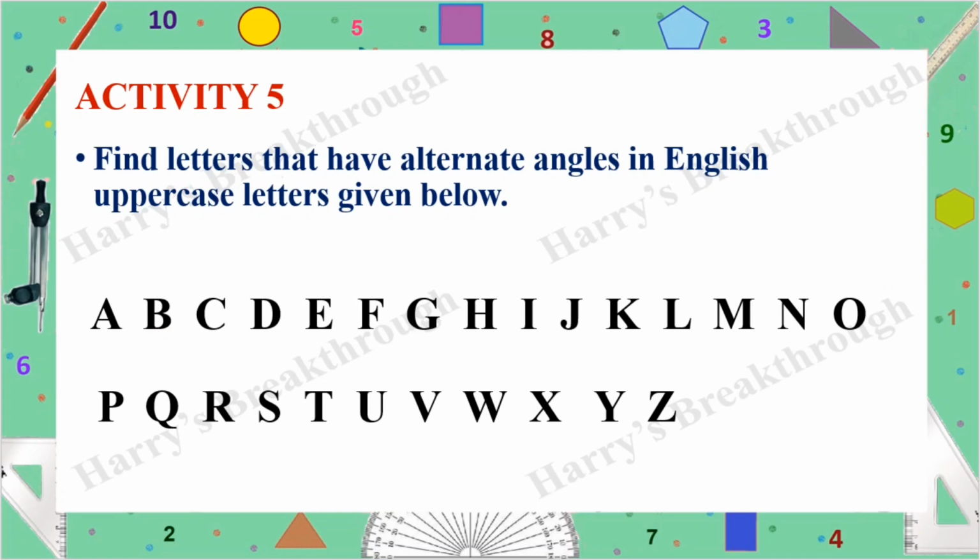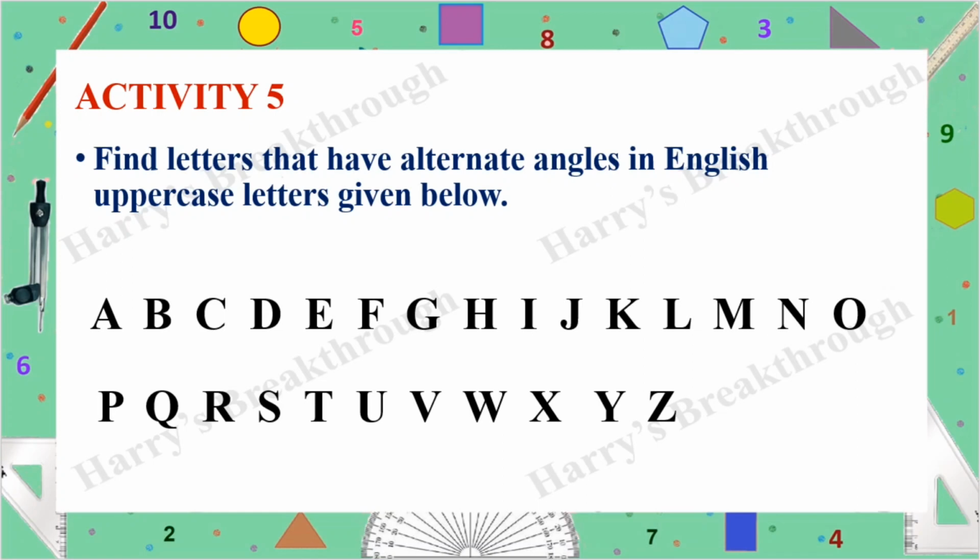So in today's class, we have learned about opposite angles. The opposite angles are equal and the sum of angles in a linear pair is 180 degree. And next, if two parallel lines are cut by a third line, 8 angles will be formed. And in that, there will be corresponding angles and alternate angles. What are corresponding angles? When two parallel lines are cut by a third line, the angles formed at similar positions are called corresponding angles. So we got 4 pairs of corresponding angles.